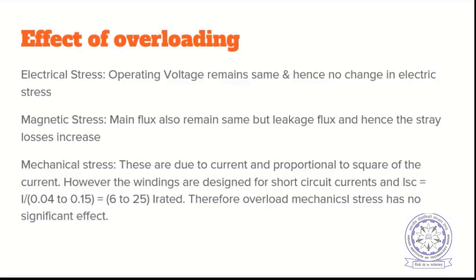High stress on an insulation, sir. Electrical stress means electrical field related issues you have to talk. Whether there will be